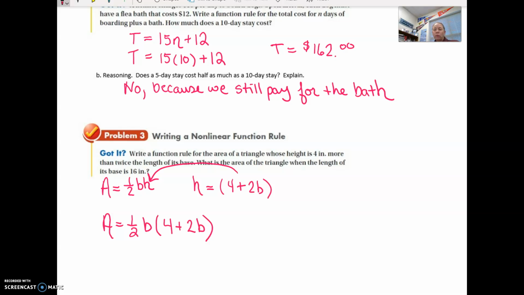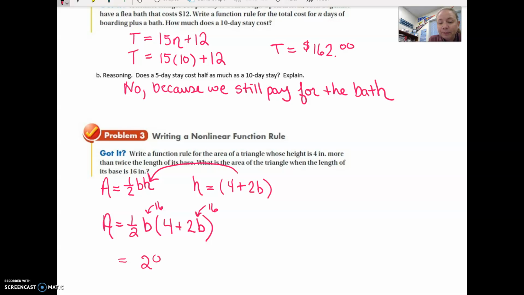Now, that would represent our function rule, and we want to also answer the question, what is the area of the triangle when the length of the base is 16 inches? So what we'll need to do is plug in 16 where we see b in our equation, and we would solve for the area. Now, remember, you want to use order of operations. So you're going to want to do what's inside the parentheses first, then kind of work your way out from there. So we should end up with